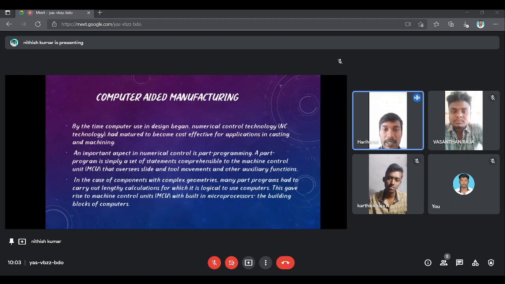Computer-aided manufacturing. By the time computer use in design began, numerical control technology, NC technology, had matured to become cost-effective for applications in casting and machining. An important aspect in numerical control is part programming. A part program is simply a set of statements comprehensible to the machine control unit (MCU) that oversees tool movements and other auxiliary functions. In the case of components with complex geometries, many part programs had to carry out lengthy calculations for which it is logical to use computers. This gives rise to machine control units (MCU) with built-in microprocessors, the building blocks of computers. Next,